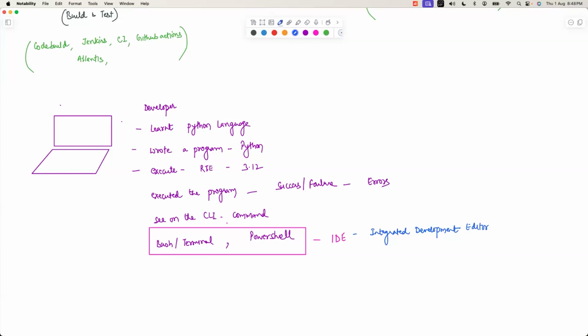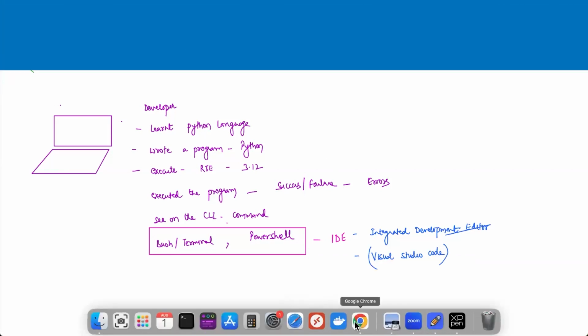And a very common example, the most widely used, is Visual Studio Code. Correct? It's Visual Studio Code which is there. So now everyone will do what? You will all install Visual Studio Code on your laptop. So search for